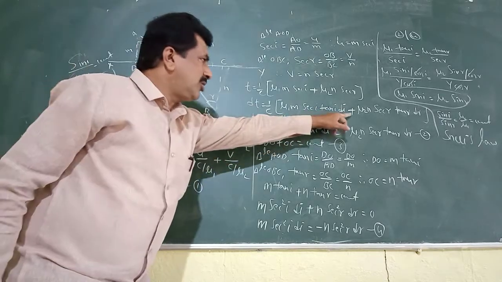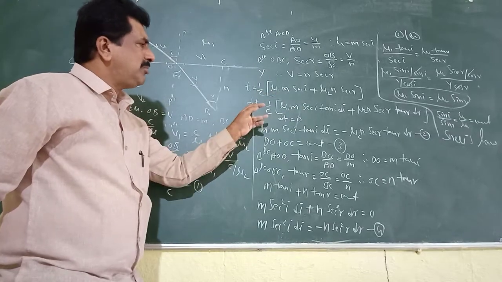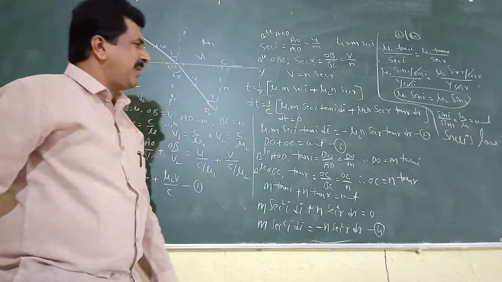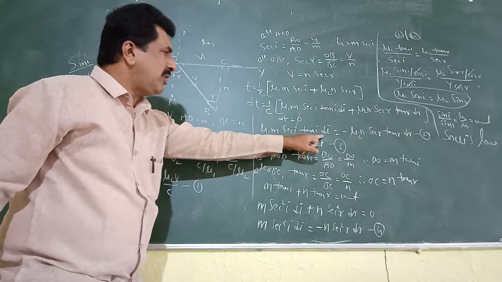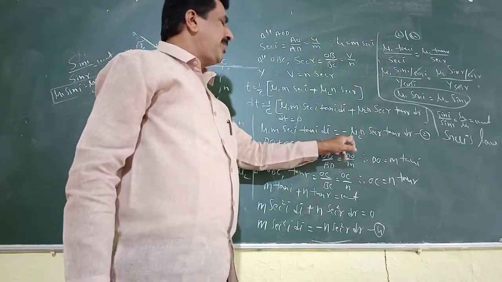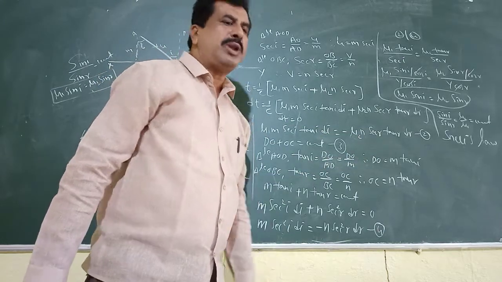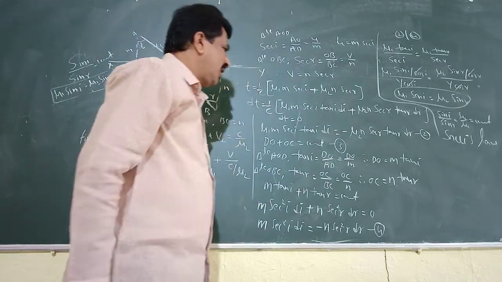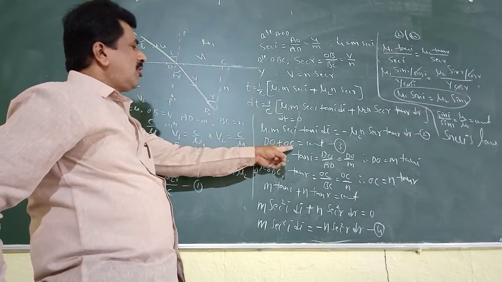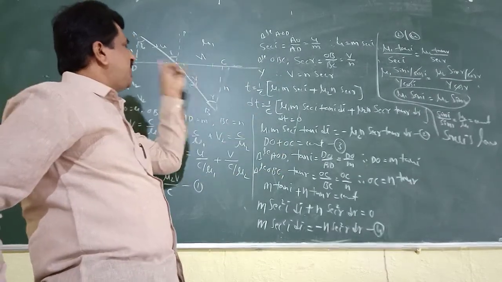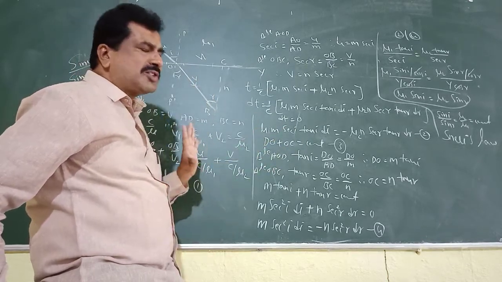So the complete term on the left side becomes 0, and then the right side becomes minus. Therefore mu1 m sec I tan I into di, when taken to the right side, becomes minus mu2 n sec r tan r into dr. This is equation 2. Okay. Next, in this diagram, DO plus OC is equal to constant. If the position of O is changed, DO plus OC must still be constant.